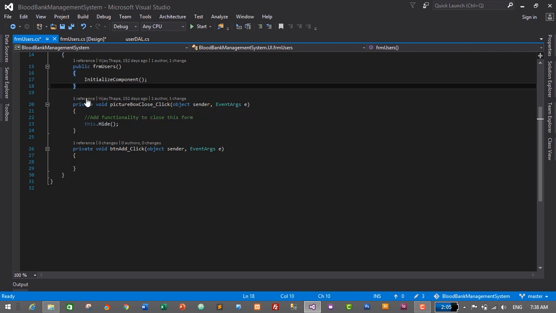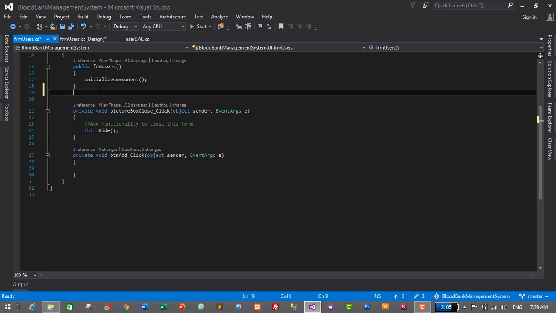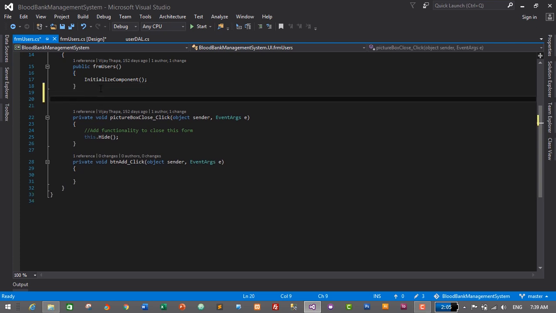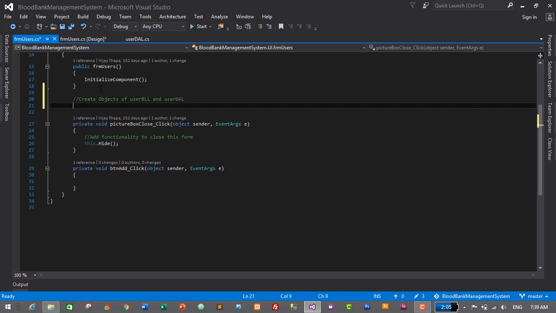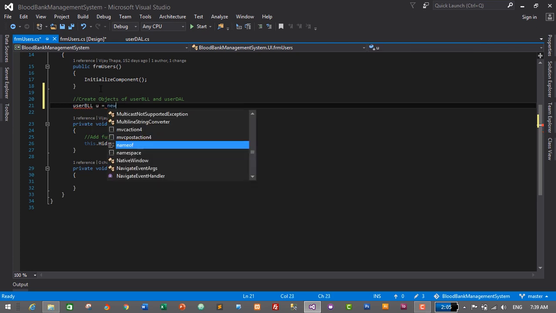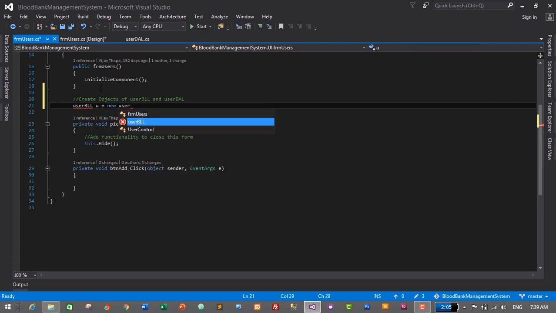In order to add that functionality, we'll be using user BLL and user DAL. So let's create an object of our user BLL and user DAL. User BLL u is equals to new user BLL,